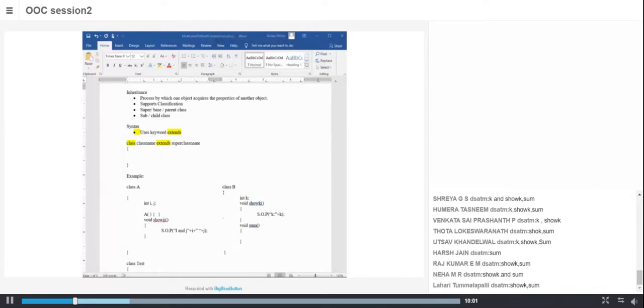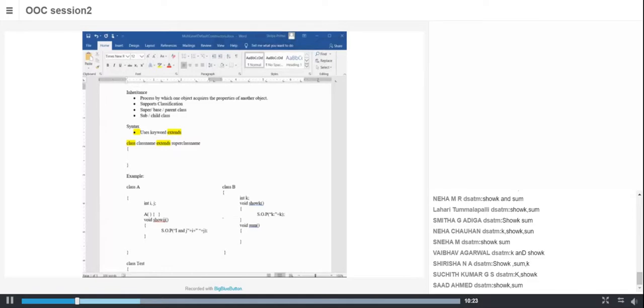See, if I ask members, it includes both data members and member functions. If I say only data members, it is K. Members, there are three members, K, show K, and sum.